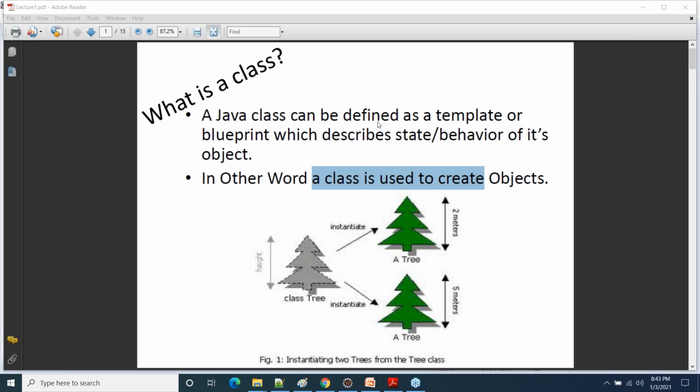Now, do you understand when we say that a Java class can be defined as a template or blueprint which defines the state and behavior of its object? Any doubts till now, please ask.